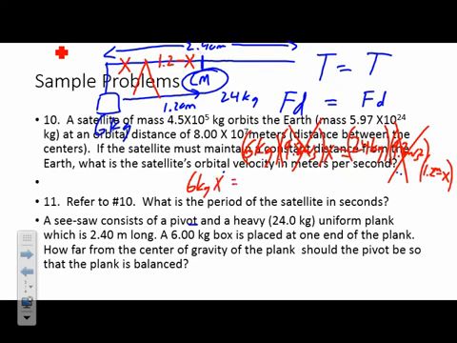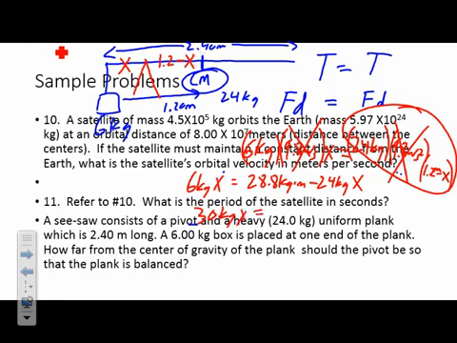We're going to distribute that 24. So we're going to say 24 kilograms times 1.2 meters. That's going to give us 28.8 kilogram-meters minus 24 kilograms times x. All we did is distribute over here. We're going to add the 24 kilogram x to both sides. That'll give us 30 kilograms times x equals 28.8 kilogram-meters. Divide by 30 kilograms on both sides. When we do that, x equals 0.96